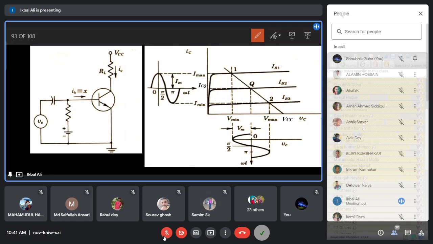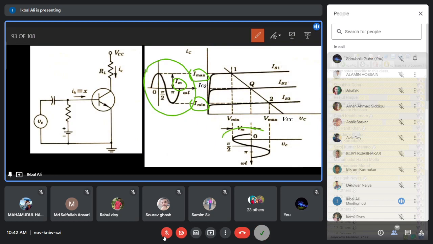This is what I have discussed, just to prepare you to understand what is going on in the circuit. Now it is very easy to calculate the RMS and get the AC powers. So this is the AC collector current flowing between Imax and Imin. What is the peak value? The amplitude Im. What should be the amplitude? The collector current amplitude should be Imax minus Imin divided by 2. So the AC collector current has a peak value of Imax minus Imin by 2.